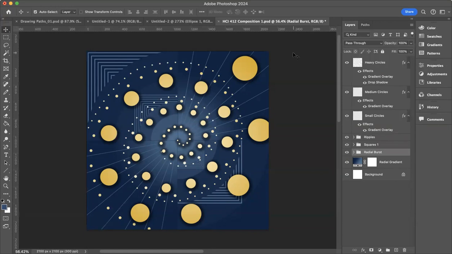I think this piece as a whole is quite unified. Everything in the piece kind of boils down to a central point, and everything radiates out from there. So that's kind of like the theme throughout the piece. Both the circles in the foreground that are brightly colored, that are contrasted from the background,